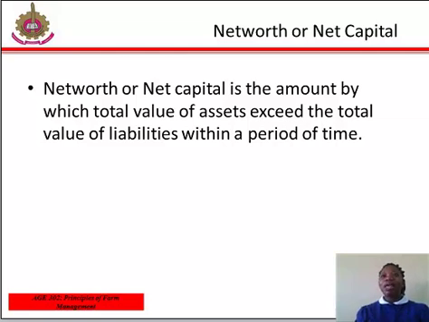Number 2, working capital ratio. This is also known as intermediate ratio. It measures the degree of financial safety of the farmer over an intermediate period of time, like 1 to 3 years. Current capital ratio. This measures the ability of the farm to meet current financial obligations. Therefore, it measures the degree of solvency of the farm business.